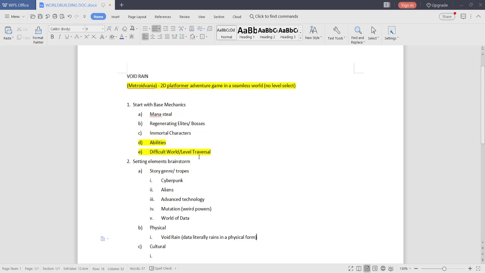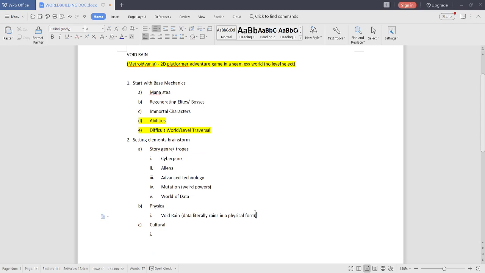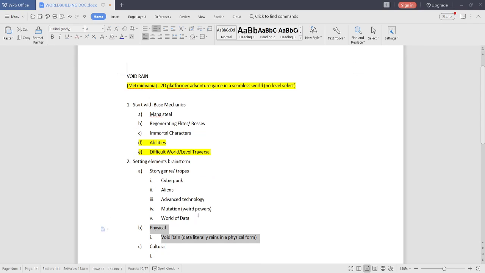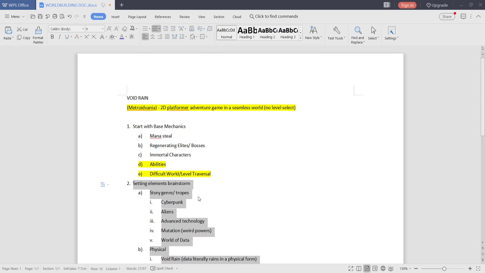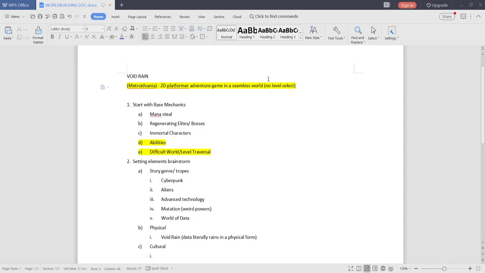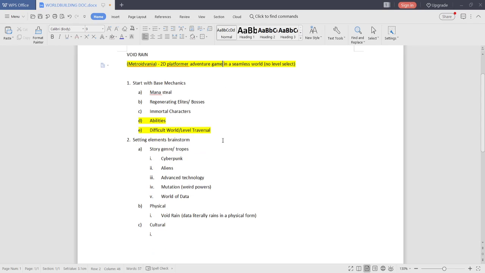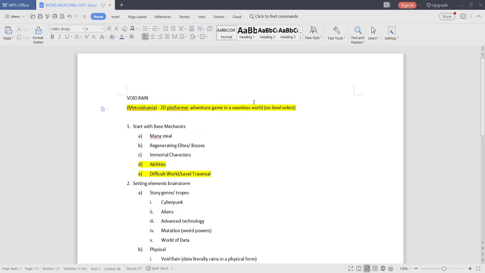Now this might be weird. How do I express all this world building in a 2D platformer adventure game? This is not an open world RPG. There's slight open worldness, but not full. But how will I express it? I'm not planning on making a whole bunch of dialogue or intricate plot lines and cutscenes.